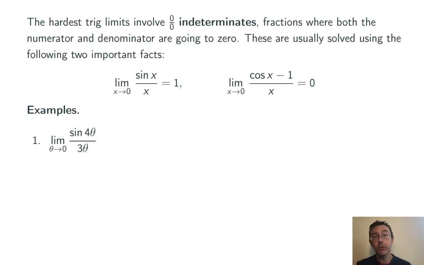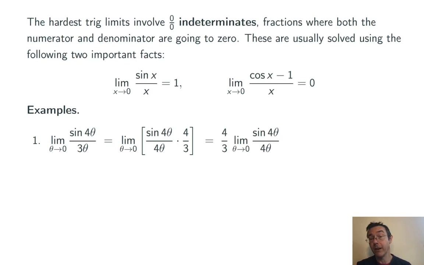I'm going to rewrite this fraction as the fraction that I actually want, the one that I actually know how to evaluate the limit of, sine of 4 theta over 4 theta. And then I'm just going to multiply by a constant that makes that equal sign actually true. So if I want a denominator of 4 theta instead of 3 theta, I have to multiply by 4/3. Now the 4/3 can be factored out of the limit, and I can evaluate this limit using that fact on the upper left. That limit is going to be 1, so the overall limit, the answer to this problem, is